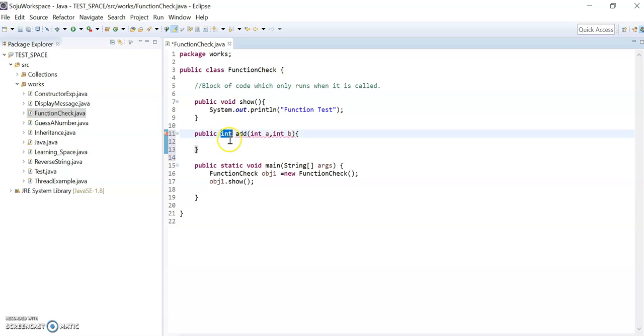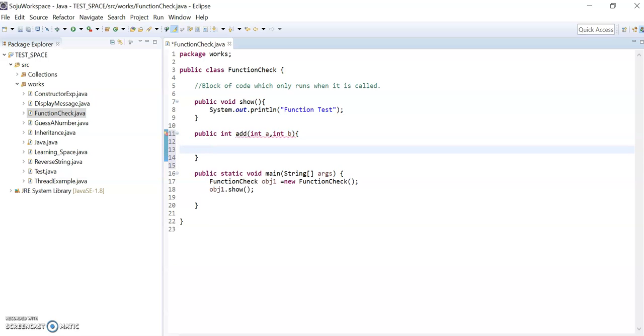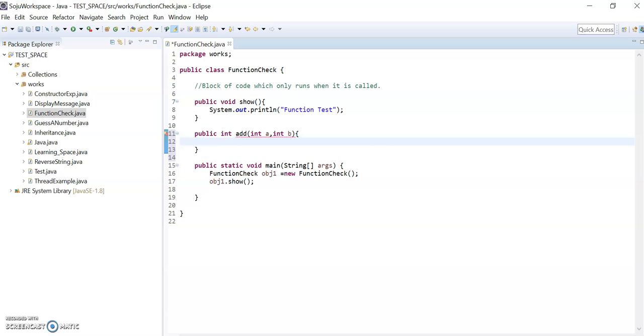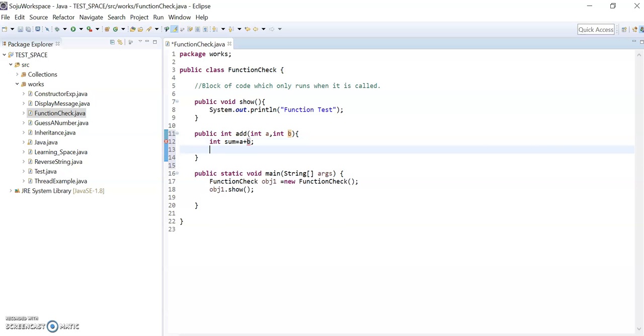So we need to return an integer value. So I am creating int sum is equal to a plus b and I am returning the sum value. Whenever we call this function, it will return the value sum, which is a plus b.